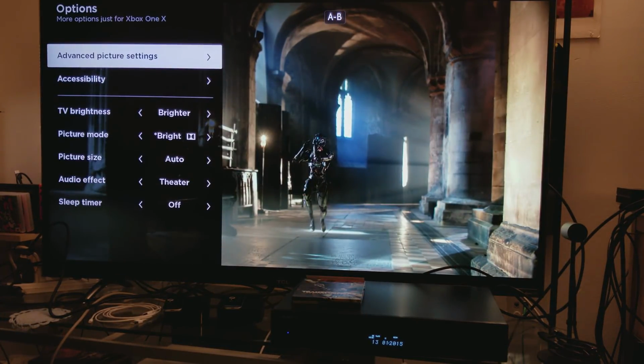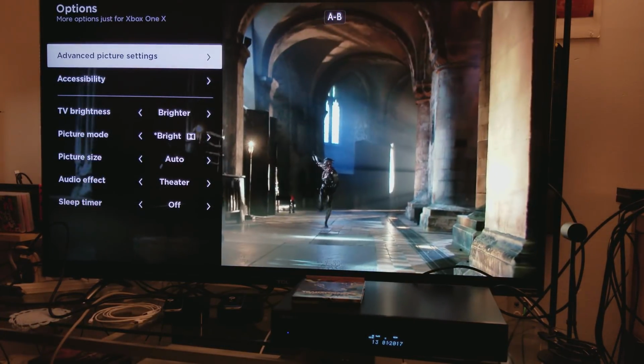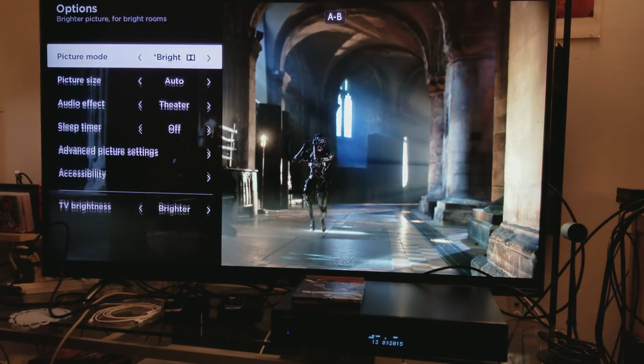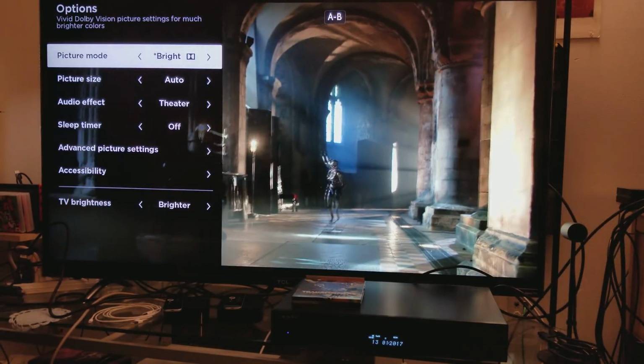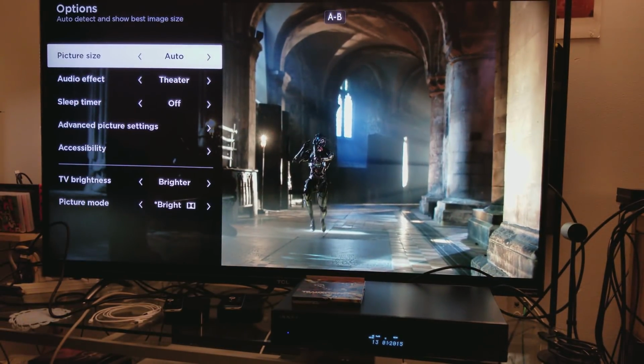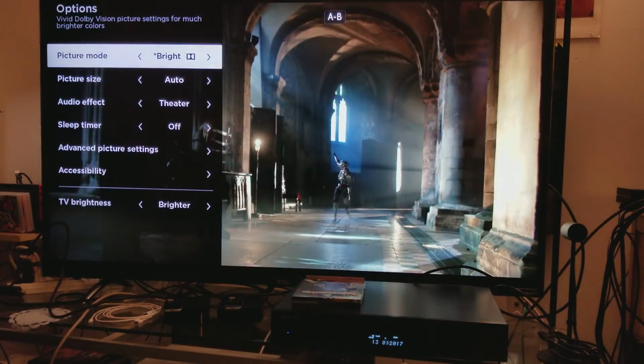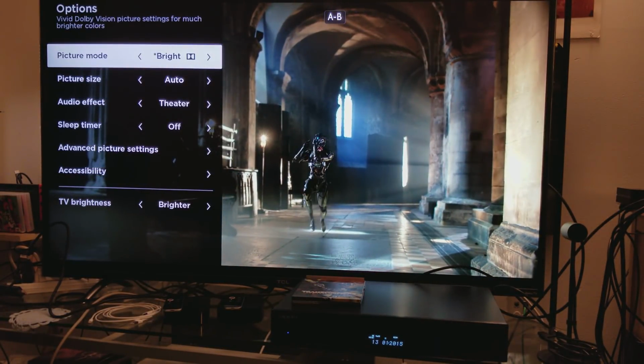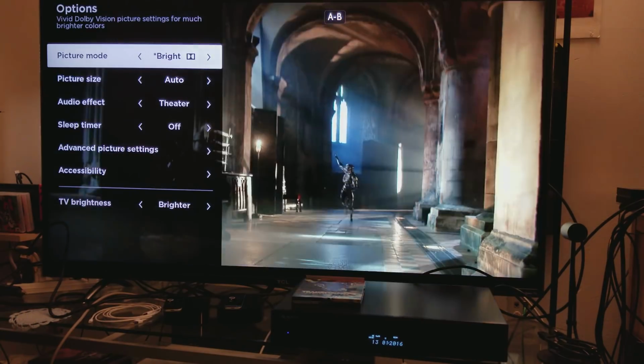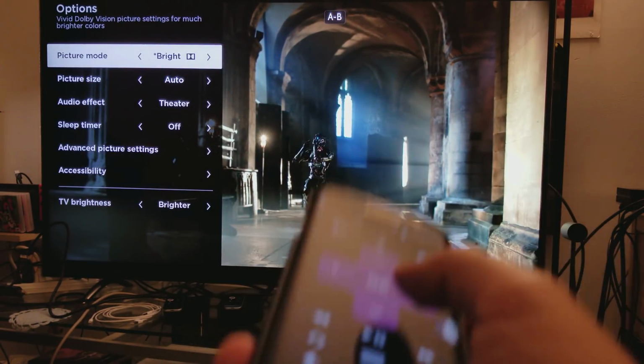So this is pretty cool. This is a pretty cool feature to use. I originally found this out from Vincent Teo. He uses this a lot, and I was wondering, how does he do this? How does he get these scenes to repeat like this? And then I found out this is the reason why he's using the OPPO 203, because of this feature,